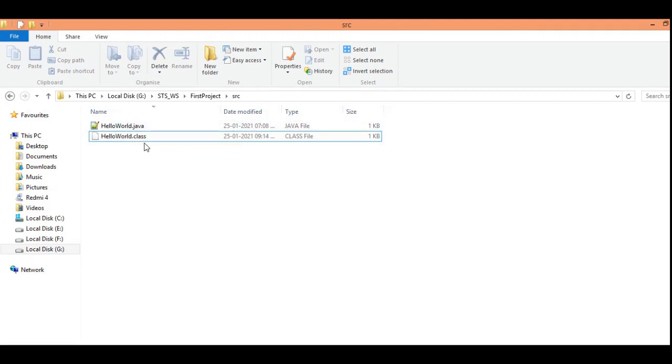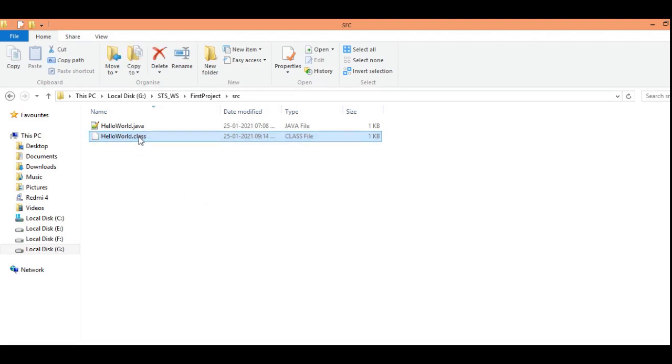When I copy this class file from my Windows machine, go to a Linux machine and execute it, the same output will be generated which was generated in Windows. This is platform independence in Java. Whenever this is asked, you can easily say that the class file is platform independent.